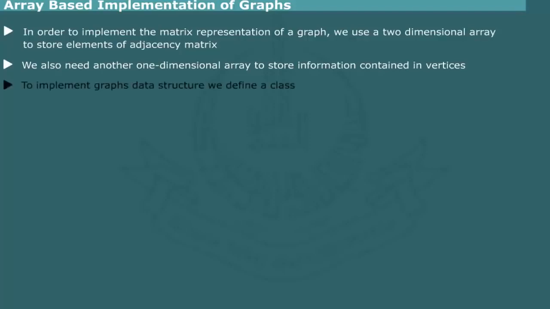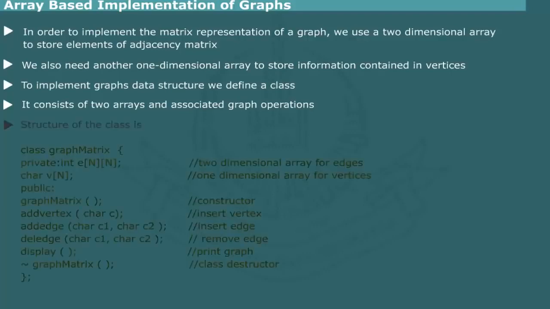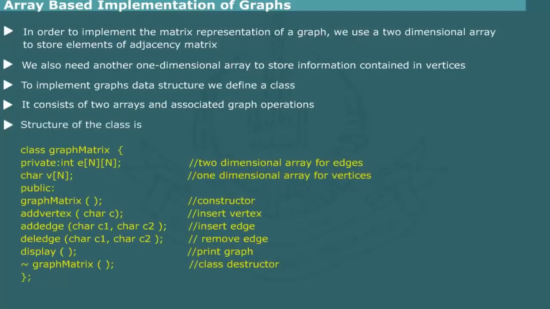Therefore, in order to implement the graph data structure, we define a class which consists of 2 arrays and includes associated graph operations. We call this class graph matrix. The structure of the class is shown in the figure. It consists of the following arrays: